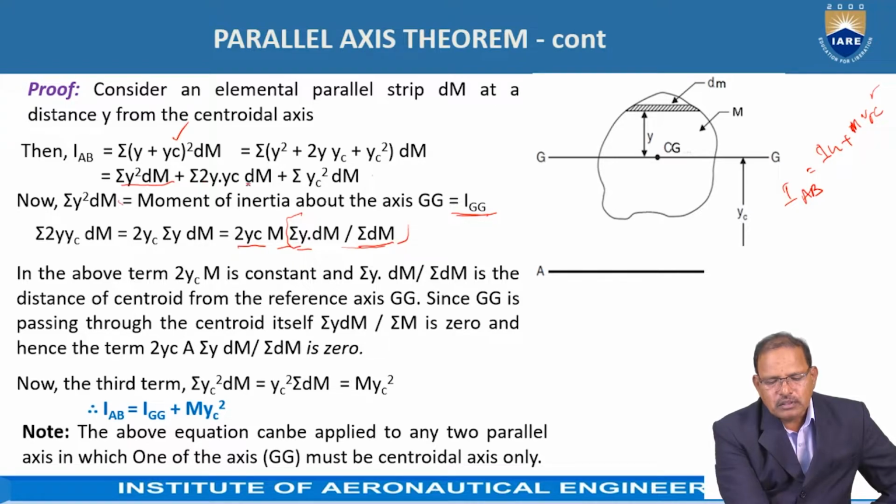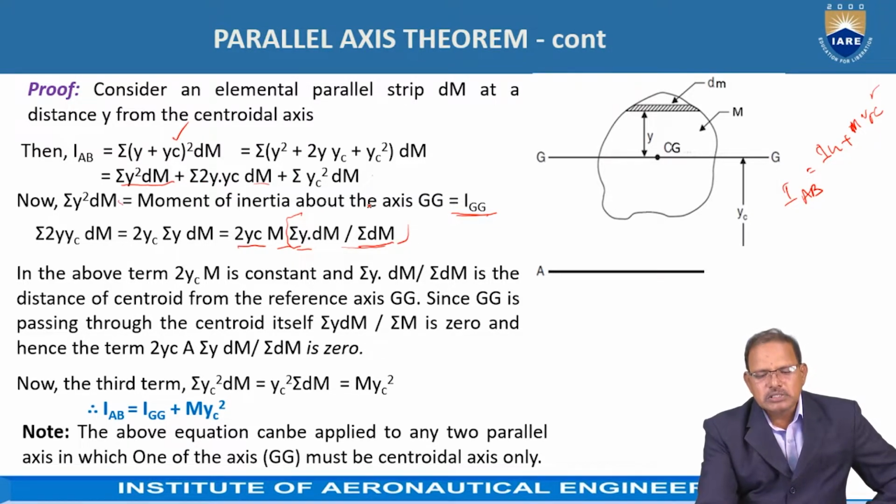The remaining term is the third term, sigma yc squared dm, where yc is the distance between the parallel lines GG and AB, it remains constant. The term sigma dm represents the total mass of the body. Hence, sigma yc squared dm can be written as m yc squared as shown in the equation. Hence, IAB is equal to IGG